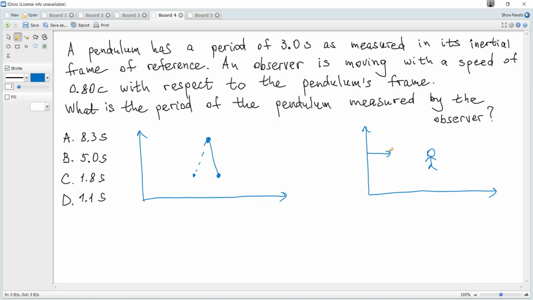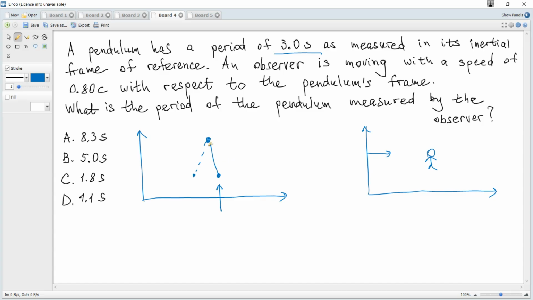By definition, it's a time interval measured in the reference frame where two events happen at the same point. And in the pendulum's frame, a ball is somewhere here, and it does one oscillation, and it's again at the same point. So the time interval measured in the pendulum's frame is a proper time interval. So these 3 seconds are a proper time interval, and a moving observer